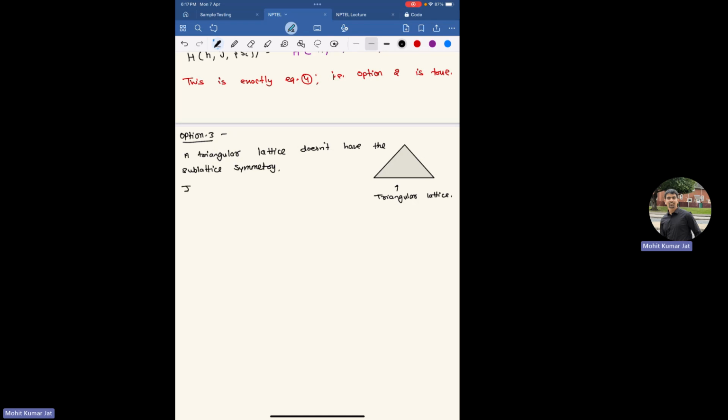So the Ising model for J greater than 0 will have all spins pointing in the same direction at 0 temperature. And okay, so the Ising model on a triangular lattice